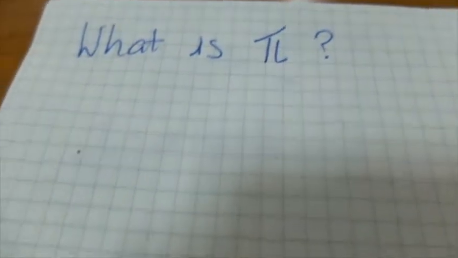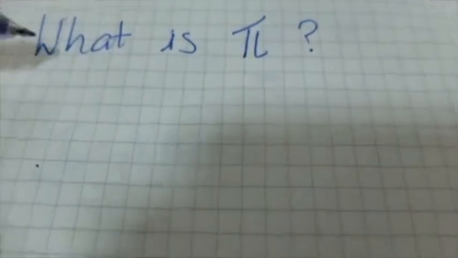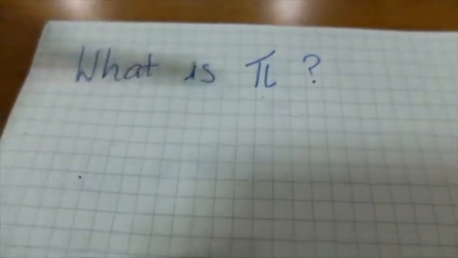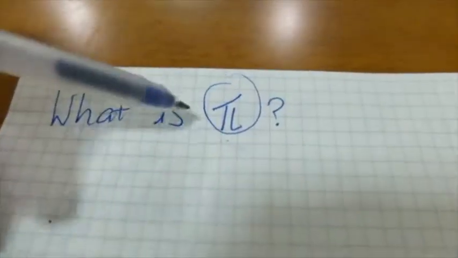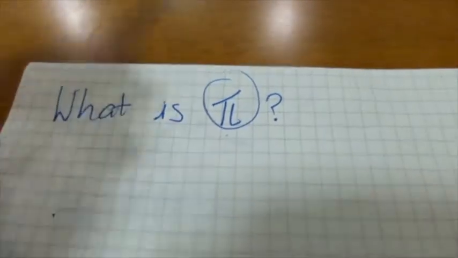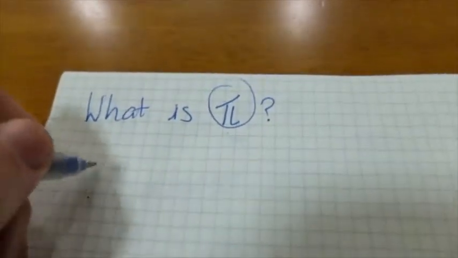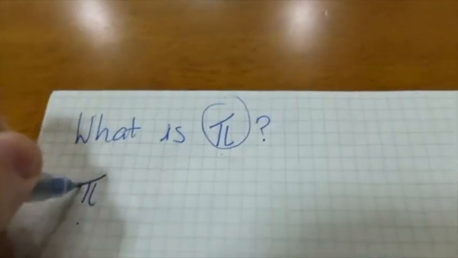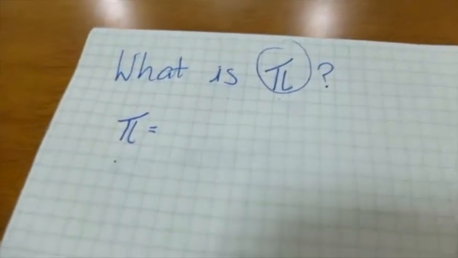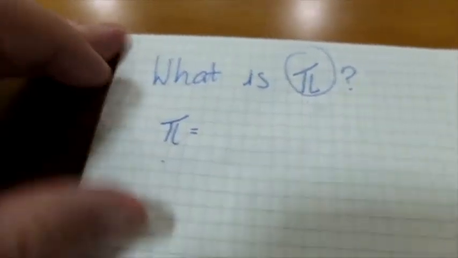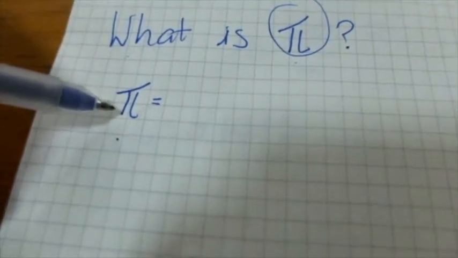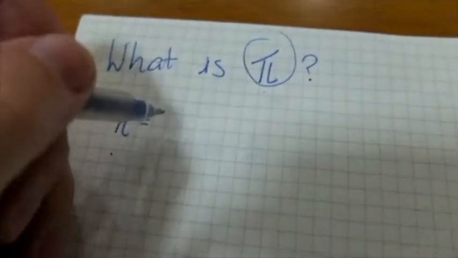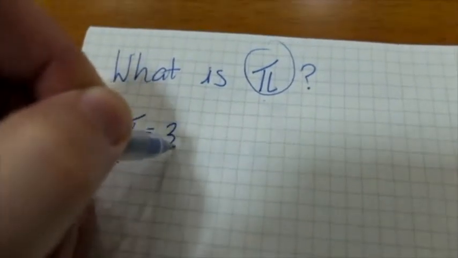Okay, hello, we're going to try and solve this particular question today. What is pi? This little symbol here is a symbol from the Greek alphabet, and it refers to what we call pi. I'm going to write it down here. Now, if you look on the internet, or I'm sure you've learned before, pi is a mathematical concept, and you'll get the answer that pi has a value, and that value is